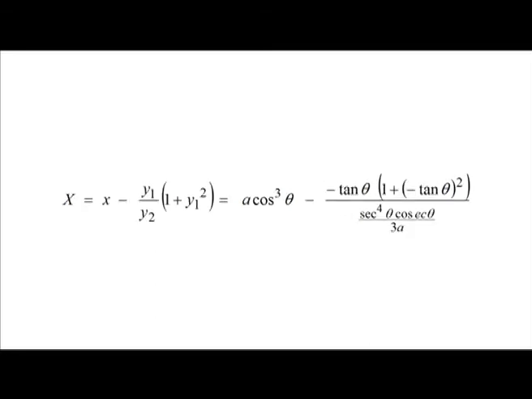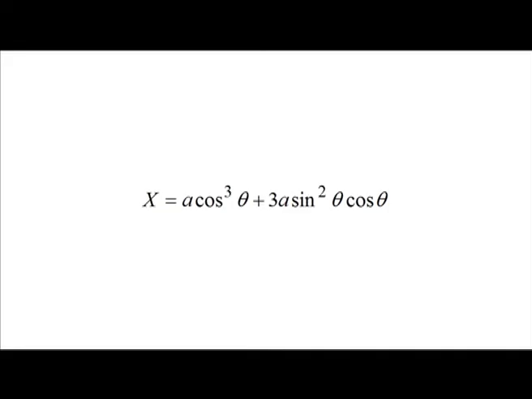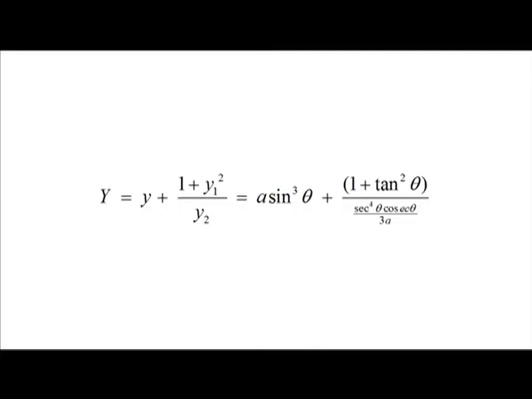Hence, X = x − y1/y2 (1 + y1²) = a cos³θ − (−tan θ)(1 + (−tan θ)²)/(sec⁴θ cosec θ / 3a), which on simplification yields X = a cos³θ + 3a sin²θ cos θ, and Y = y + (1 + y1²)/y2